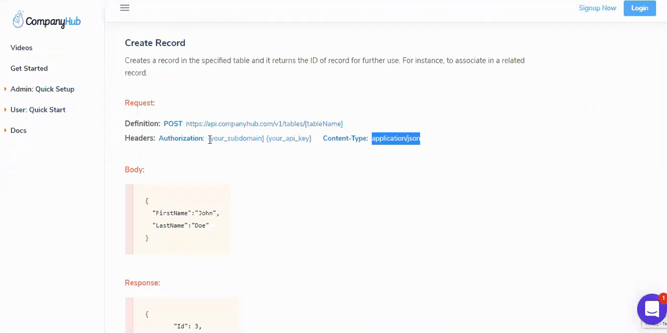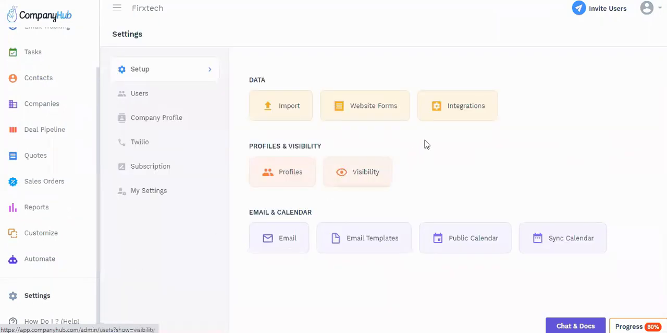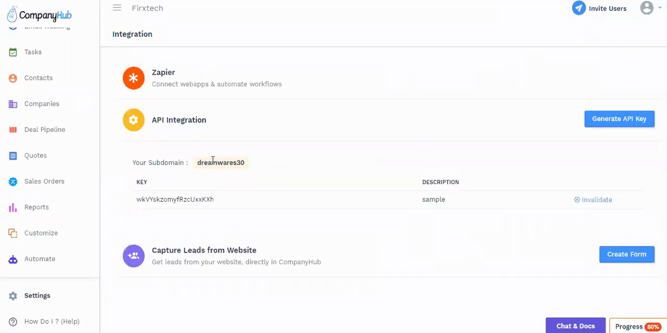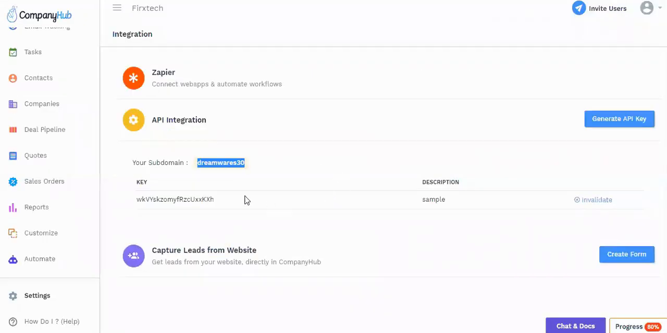Now in authorization, we will need our company of subdomain and company of API key separated by a small space in those. So let's go to Company Hub settings, integrations, API integration. Then we have subdomain. Don't worry, I am showing my API key here because I will invalidate this after this video. So I added my subdomain here. I will go fetch my